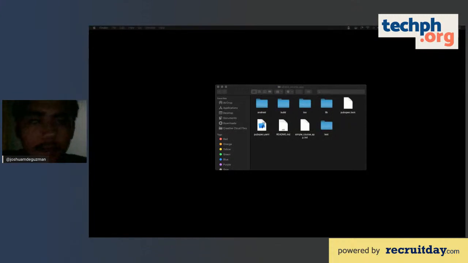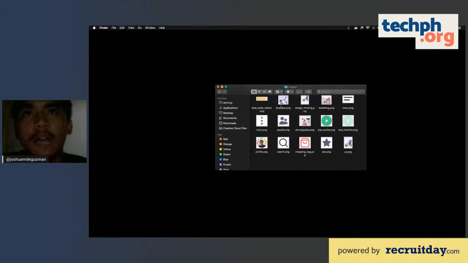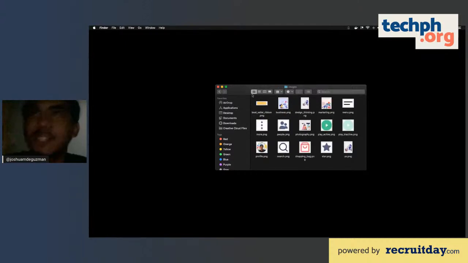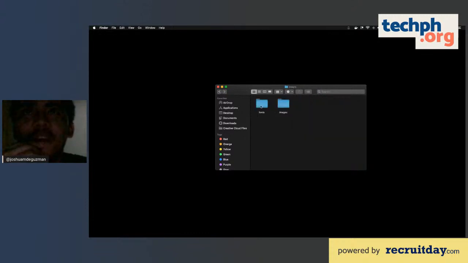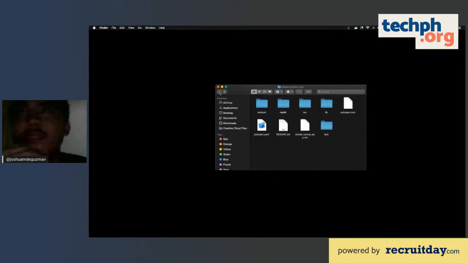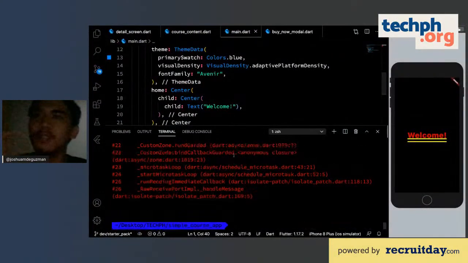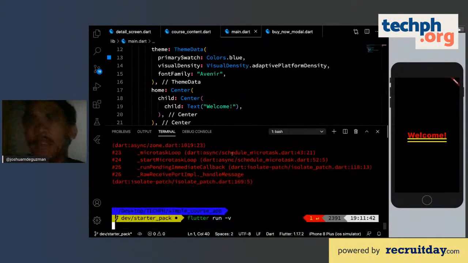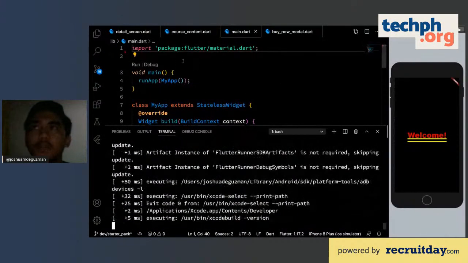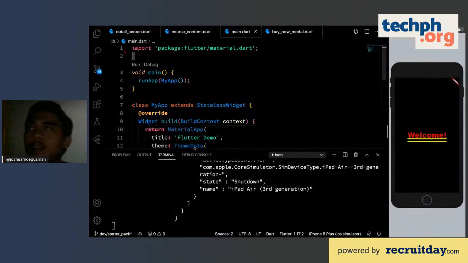And you just have to copy the assets that you've extracted. So copy the assets to the root directory. This has all the icons, including my profile. Just change it with your own profile, and fonts, and yeah, we can pretty much start coding. So this is the error because we haven't removed the import. Just have to run it again.